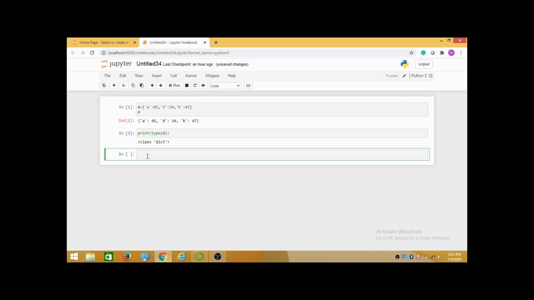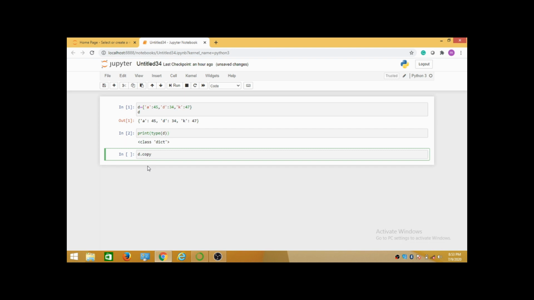So here I am using my variable name d and put a dot, and using your keyboard just press the tab key, and see, you are getting lots of functions available for dictionary. The first function we have is clear. Later on I will explain about this clear. So first I go with the copy function.